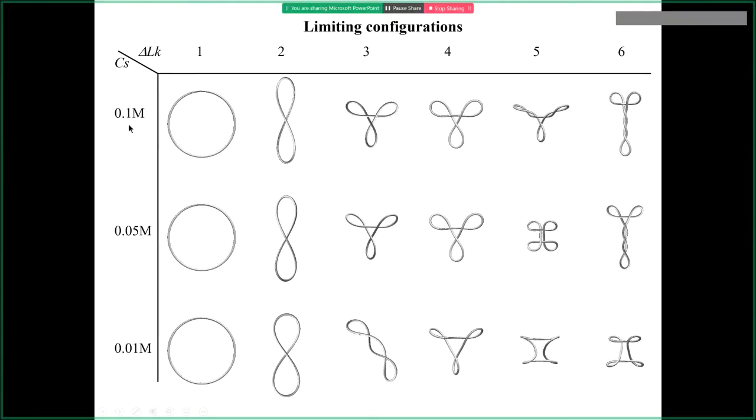We only changed the initial linking number of the ring, and the ionic strength, the strength of the neutralization. So the first row is when you have a lot of neutralization, and that allows for a high degree of contact within those shapes. And you can see that for large numbers, like linking numbers 4, 5, and 6, you have a lot of plectonemic, we call this plectonemic type of structure, where you have the helicity with a loop at the end,